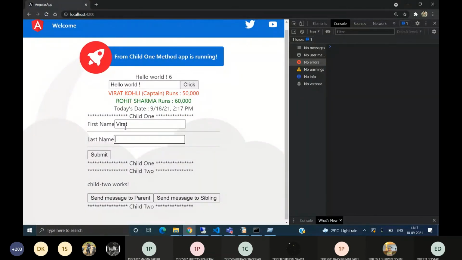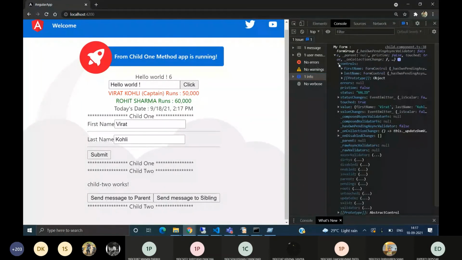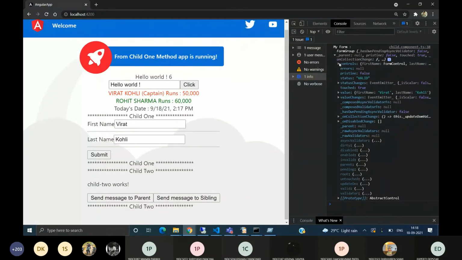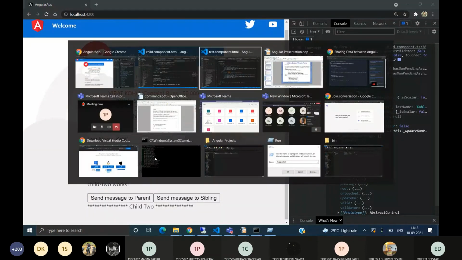Here we write and submit it. We get our checked object, and this object has controls. Now this individual input is a form control. This last name is another form control, and like this we can have multiple form controls, and using this as a group, as a single object, we have created a form group.